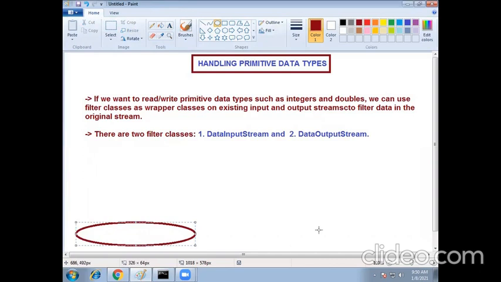This is the data input stream and this is the data output stream.